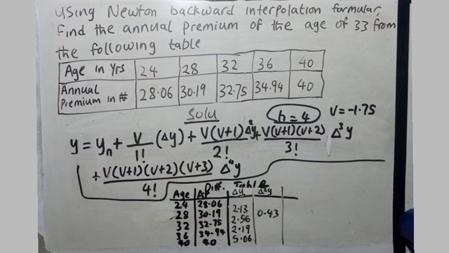Then we also have 2.19. This value, we subtract it from 2.56, and we have our answer to be what? Minus 0.37, and 5.06 subtracted from 2.19, we have